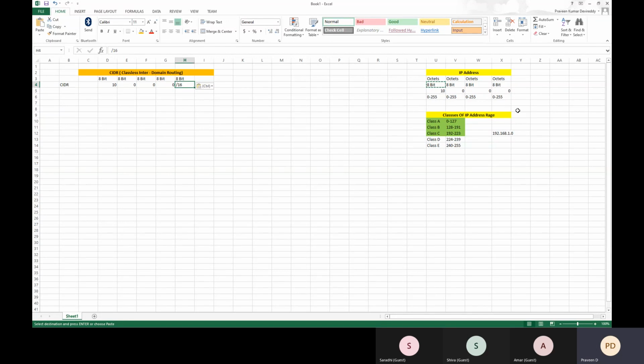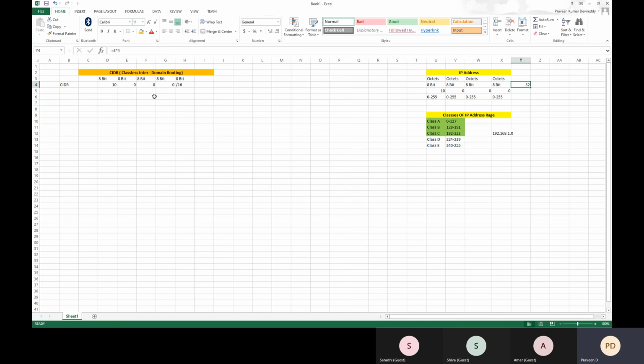If we take this, there are totally how many blocks? 4 boxes. Each box contains how many bits? 8 bits. So 8 into 4 is equal to 32 bits for the IP address. Here also the same.